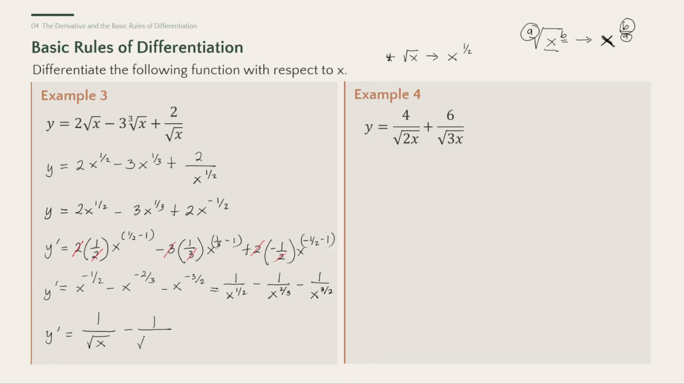1 over, again, the denominator of the exponent is the root. So that is cube root of x squared. The numerator is the exponent. Then minus 1 over x raised to 3/2. Again, the root is the denominator. So that's only the square root of x cubed. Okay. So that's how you solve